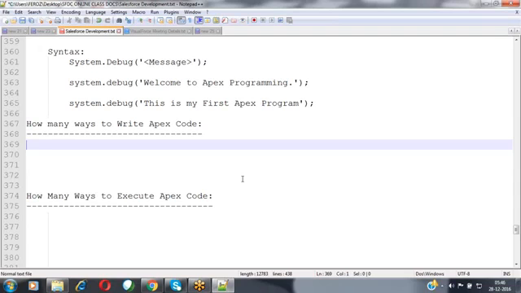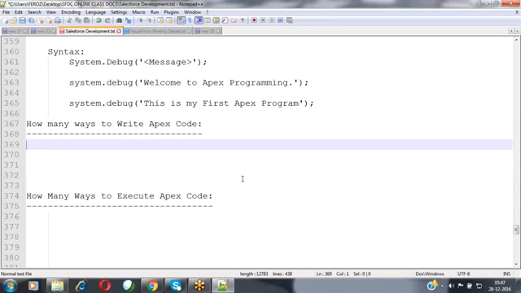So basically, inside our Salesforce instance, Salesforce is providing different ways to write the Apex programming code. Now, writing the code is different, executing the code is different. We can write the code as a developer or as an administrator, and we can execute it as well. But the actual end users, or the customers, or the partners, or the employees who are accessing our applications, can just invoke the code which we have written.